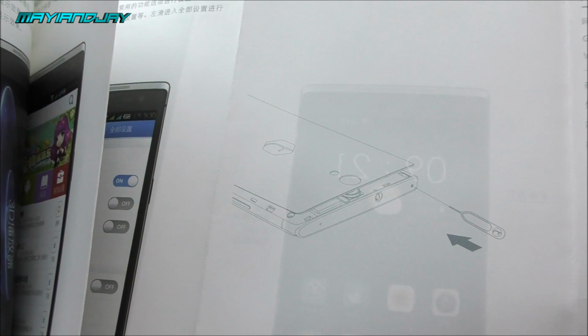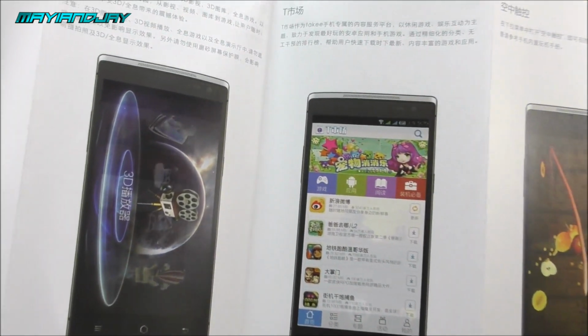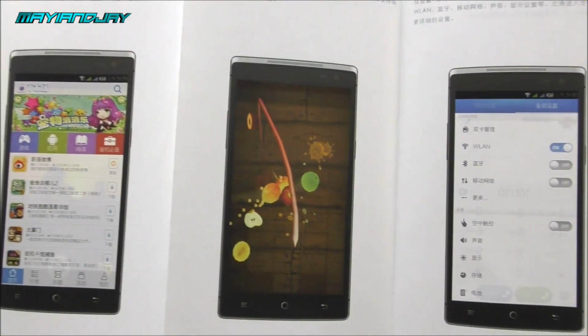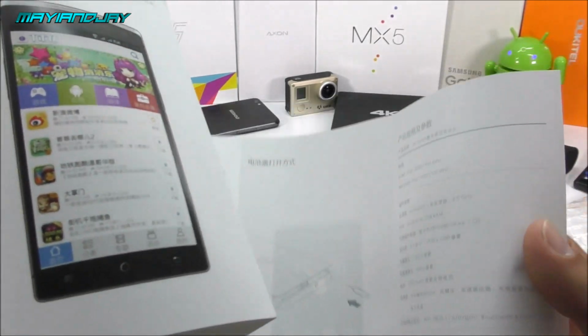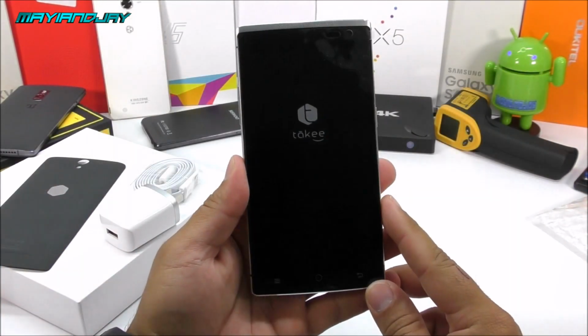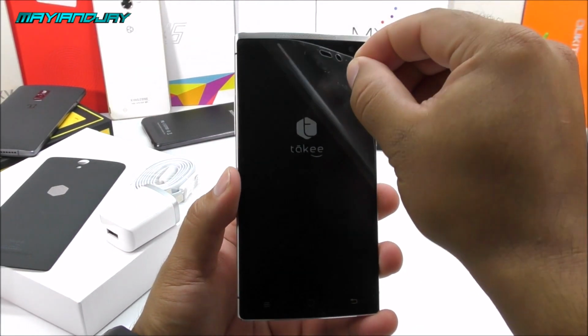And so yes guys, there we have it for some of the specifications, and here's giving you the instructions on how to open the back cover and so on. So these are specific for this device, and the display I already took a sneak peek and it does look quite nice. So let me go ahead and set all this aside so that we can power on the phone. Okay guys, now getting back to the device here, let me go ahead and remove the front protector so that way